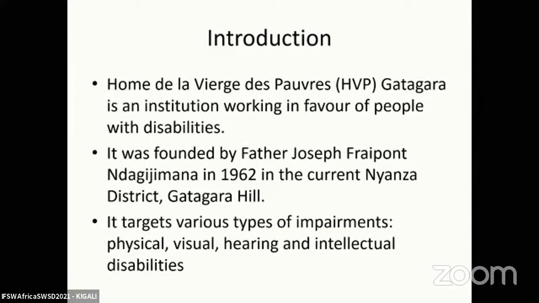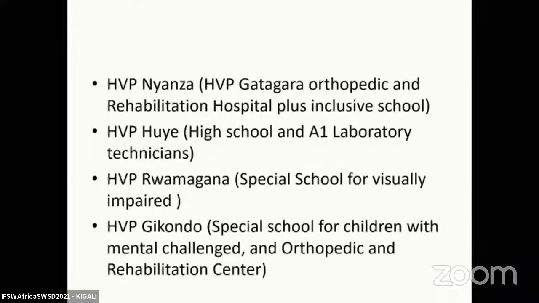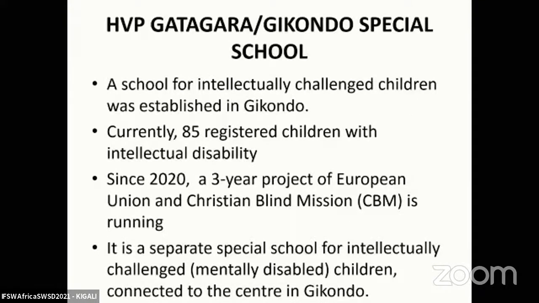They look after children and adults with different types of impairment: visual, hearing, physical, intellectual disability. They have different branches, one in Nyanza, which is the main one, another one in Huye, another one in Rwamagana, and another one in Gikondo. I can't share with you about all those branches. I'm going to concentrate on Gikondo. Gikondo Special School is a branch of HVP Gatagara,